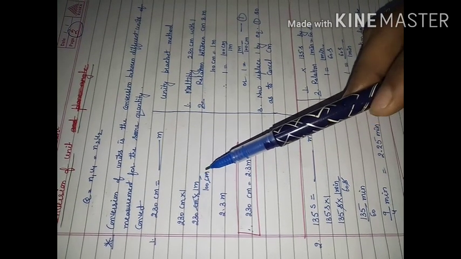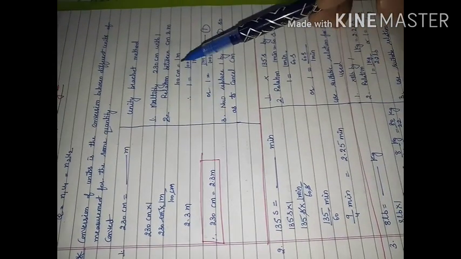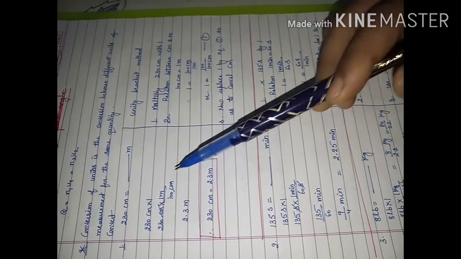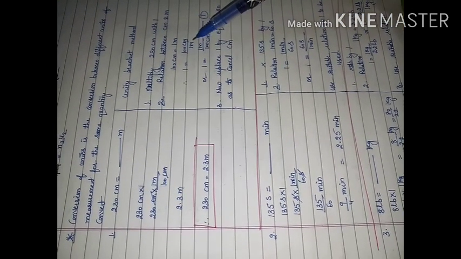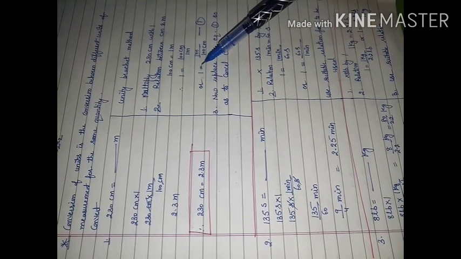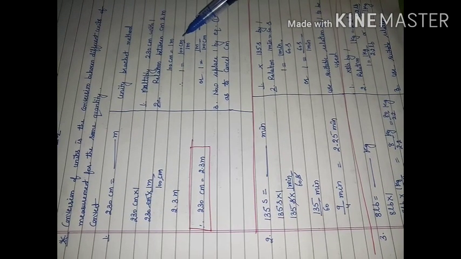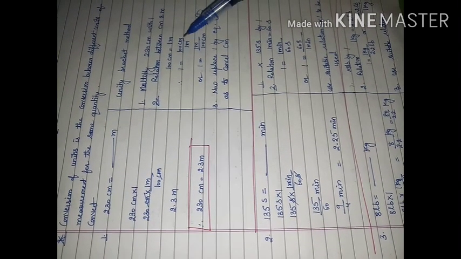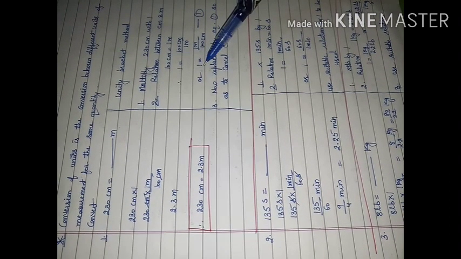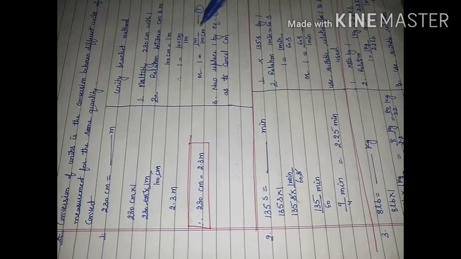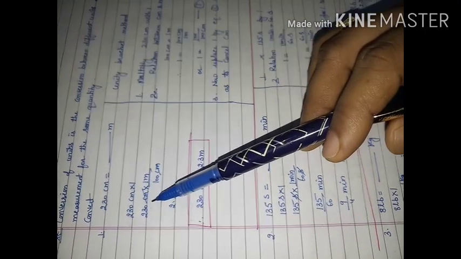Then second step, we will see the relation between the units, centimeter and meter. We know 100 centimeter is equal to 1 meter. So this 1 I can write as 100 centimeter upon 1 meter, or this 1 will be equal to 1 meter upon 100 centimeter. You already know 100 centimeter is equal to 1 meter, so when we divide them by each other, the result will come out to be 1. Now where this value of 1 is to be used, you will decide.